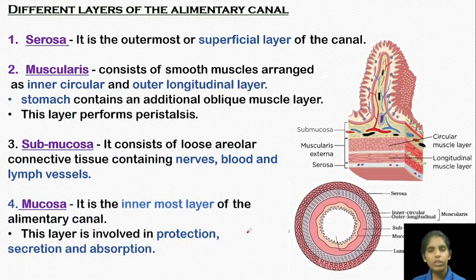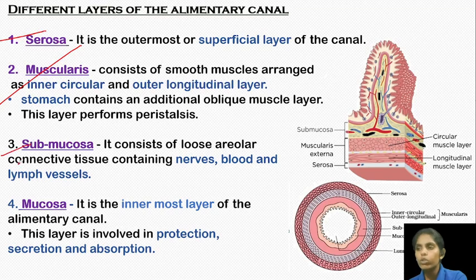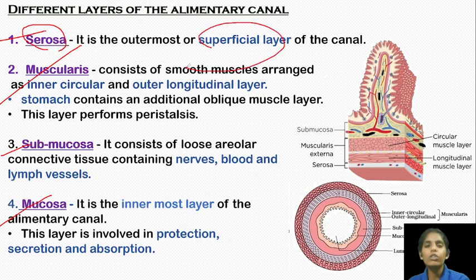Now, before discussing in detail each part of the digestive system, let us know the different layers that make up the wall of the alimentary canal. The alimentary canal wall is made up of four different layers: the serosa, the muscularis, submucosa, and the mucosa. If we go from outside to inside, serosa is the outermost layer, or the superficial layer, of the